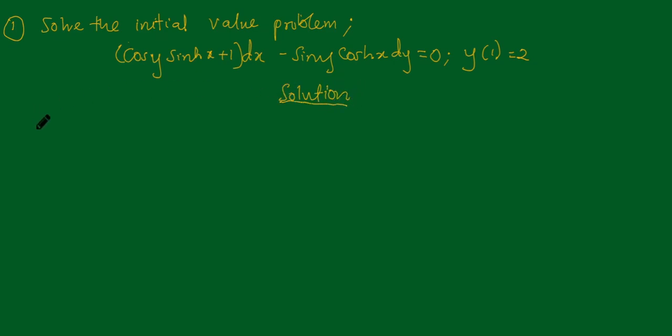in our previous videos. You can look that up to revise it if you have forgotten about it. So the first step now is to check for the exactness of the differential equation. In checking for exactness, we are trying to verify the condition that the partial derivative of M with respect to y is the same thing as the partial derivative of N with respect to x. So now, from the equation we have,